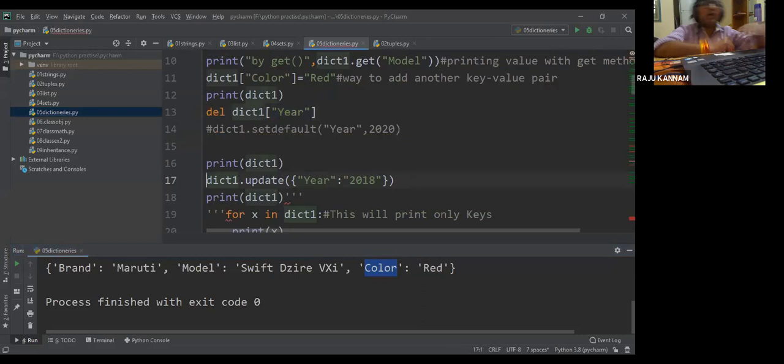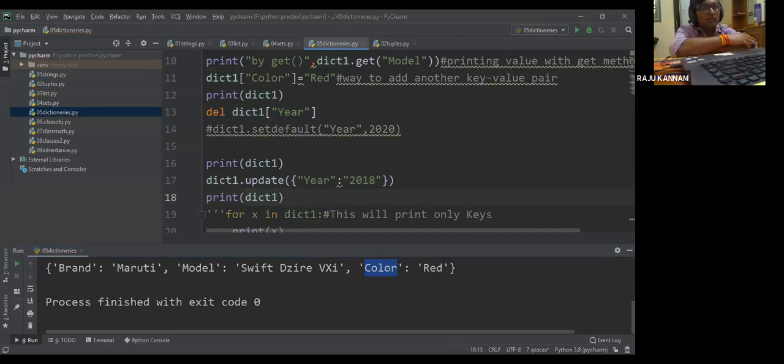Now I want to add one more key. I have deleted the year key, accidentally, and now I want to add my year key and its value again. You can use update also.